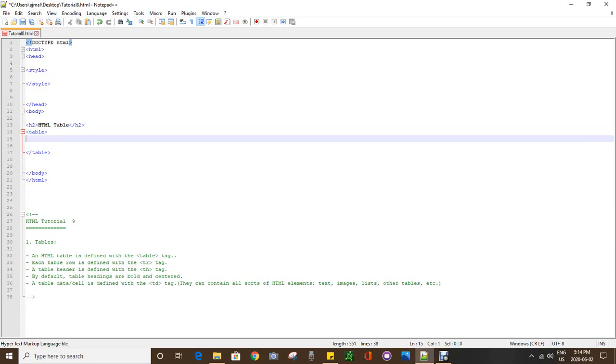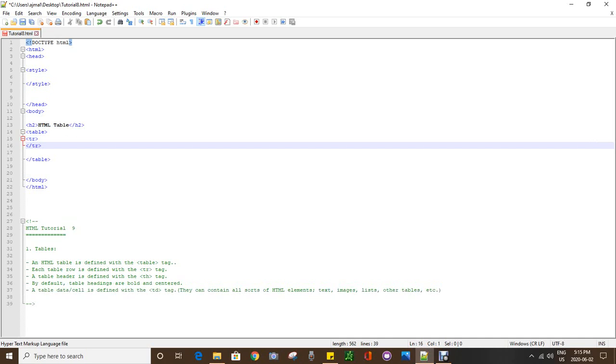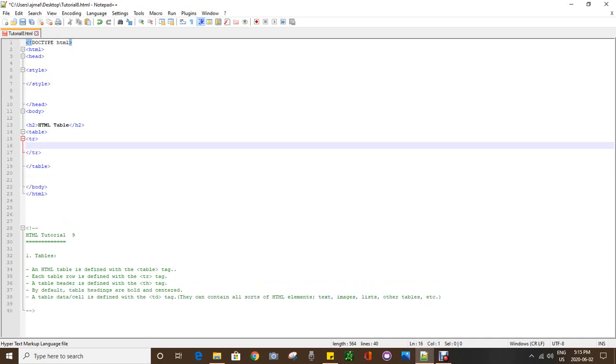The way it's done is you basically would create the table row first and then add your columns in between. So table row, and for the first column you want to add the table header tags because you want them to be bold and centered, and the table header tag will do that job. So table header, opening, closing table header, and in between you would write down your table header name. So for the first column we would put company,